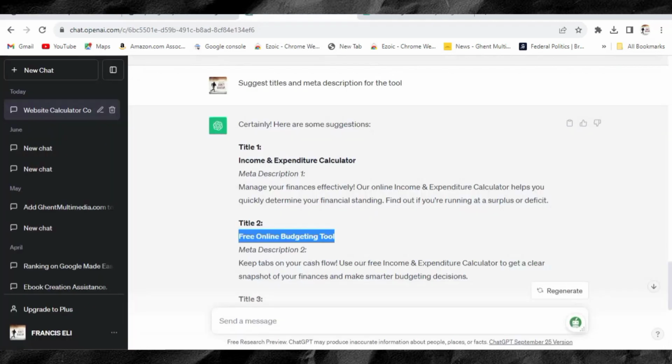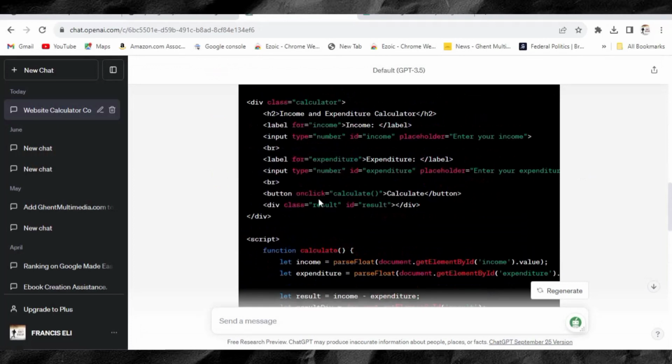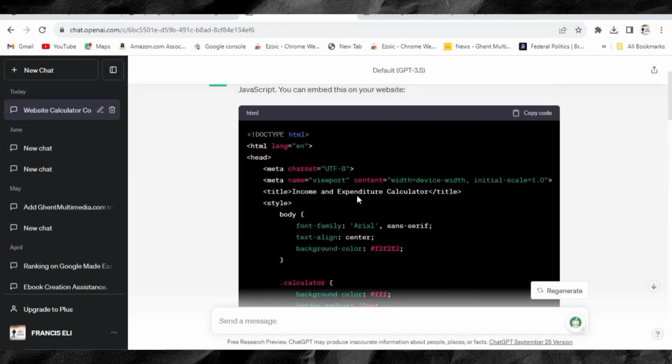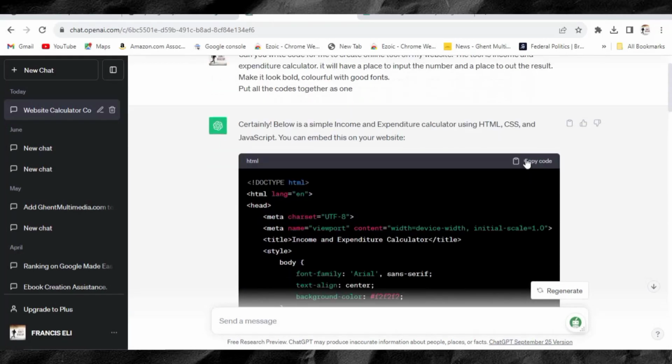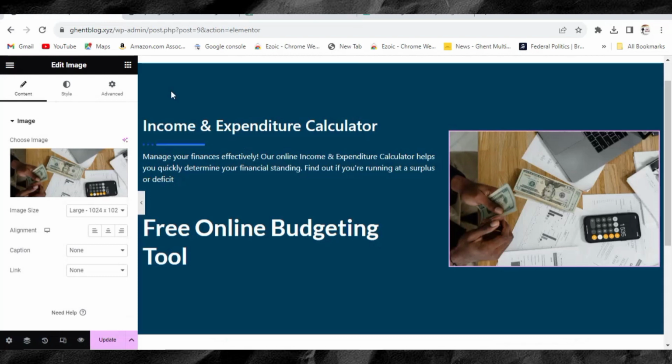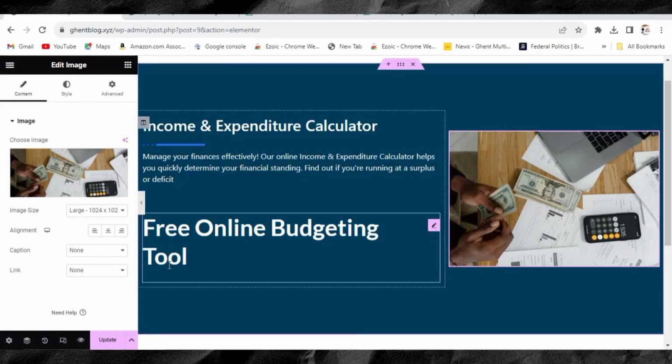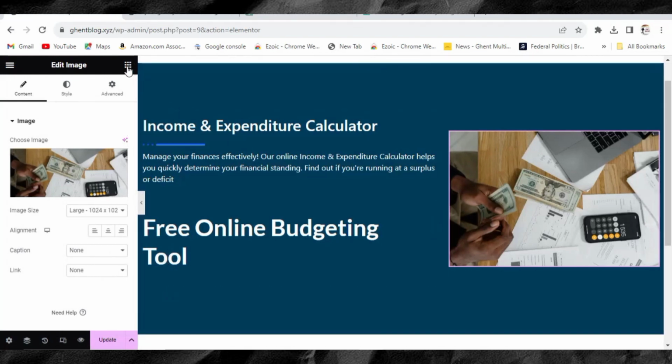So let's go to ChatGPT. Remember, our code is over here for us. So it's time to copy the code and go and paste. So let's copy the code here. Just click the top here and copy. And then let's come back to our WordPress dashboard here, our Elementor. And then this time we are going to search